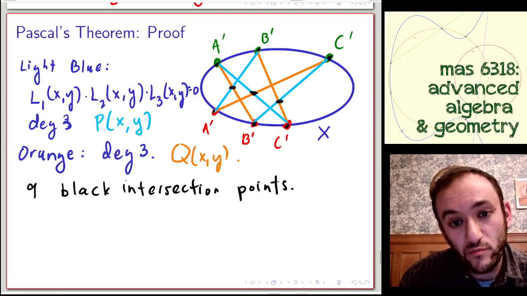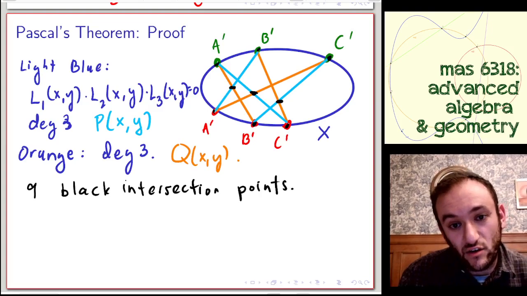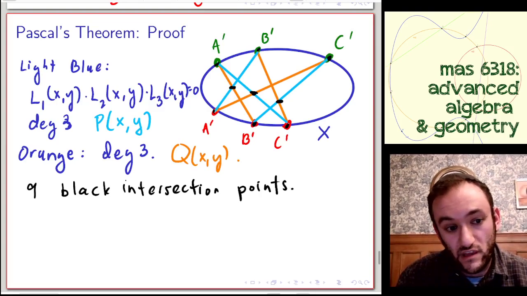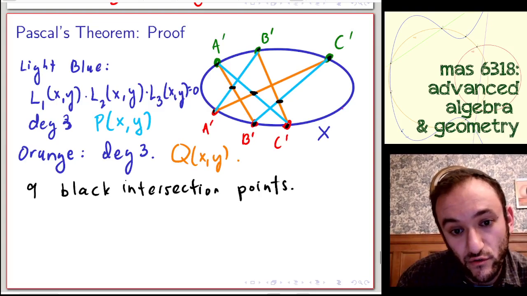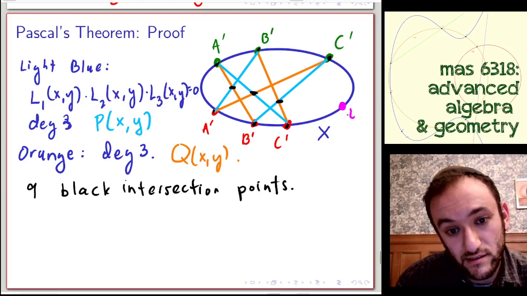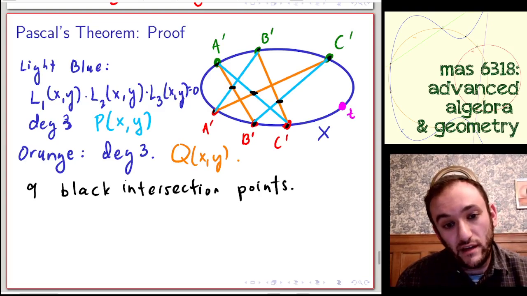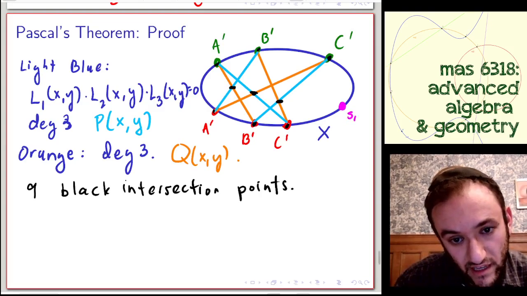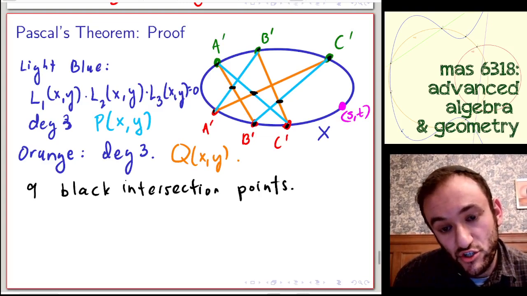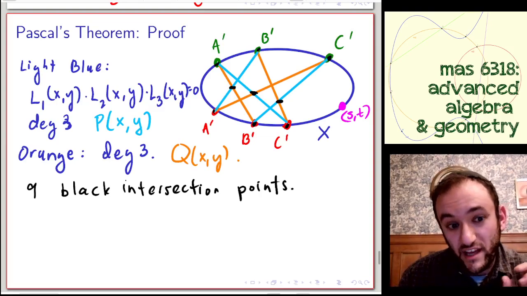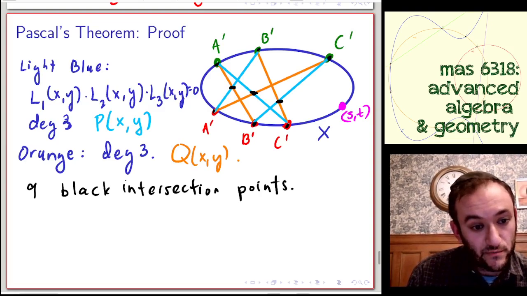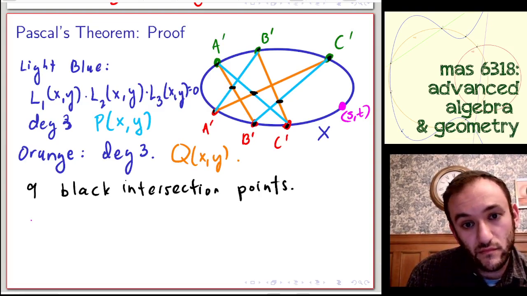Now, anything that's not on these lines, the equation shouldn't vanish on. For example, if I were to choose this point, let's call it T. Let's make it ST just so we're not confused. If you were to plug S and T into P or Q, you should get something that's non-zero. In particular,